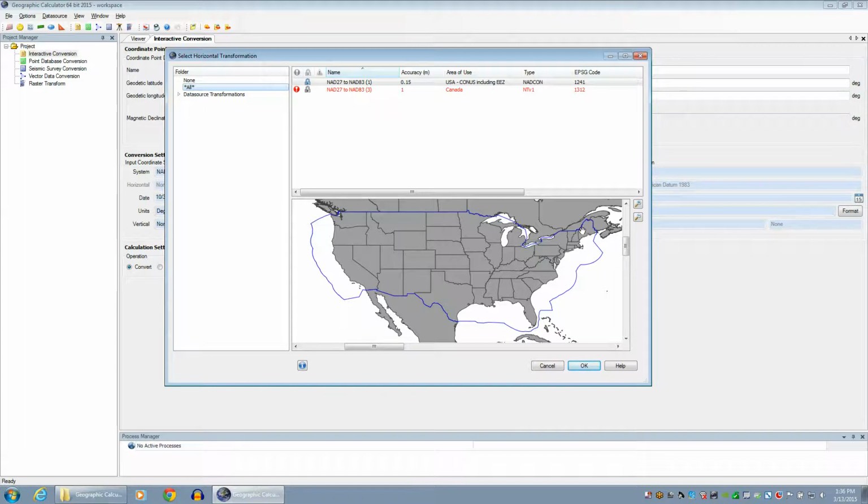So within this area, we have two possible ways to relate these systems to each other, and it mainly is going to depend on which side of the border we're on, whose standard we're going to be picking. The area of use here tells us exactly where each of these transformations is intended for. You'll see the one in red is indicating that this depends on some extra data that I don't have installed